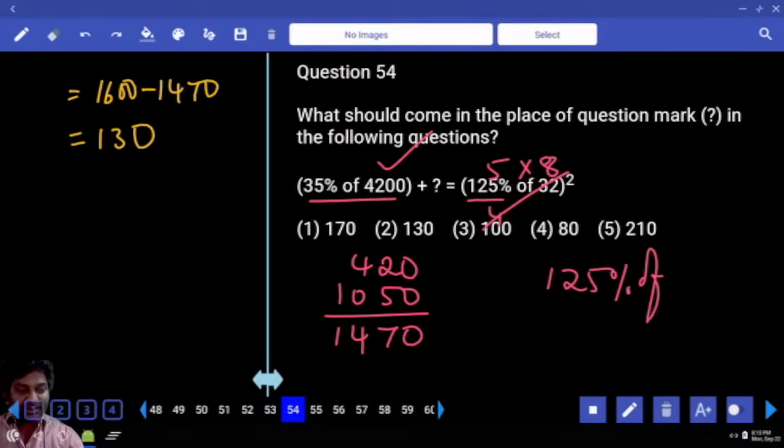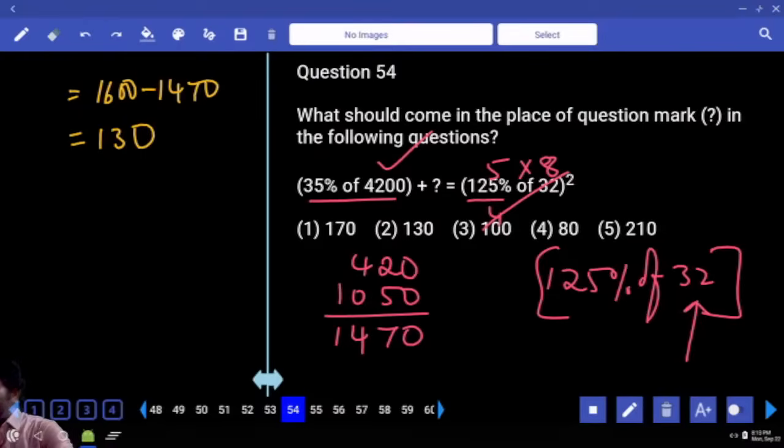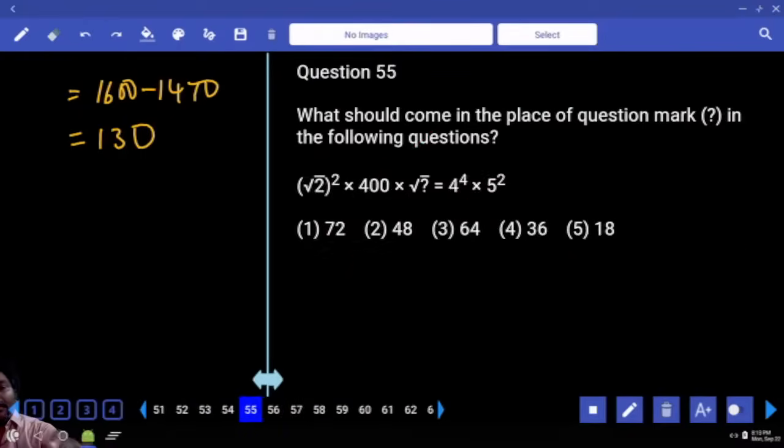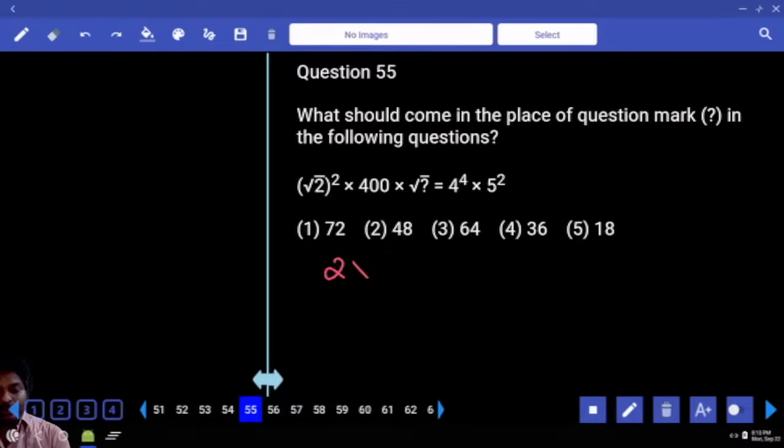125% of 32. Adding 25% to the original number. 25% is 8. 8 more, 40. Root 2 whole square. 2 into 400 into root x is equal to,